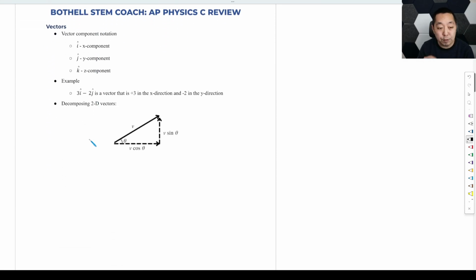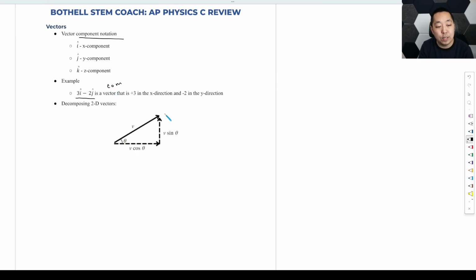Vectors. In AP Physics C, we talk about vectors in terms of i hat, j hat, k hat having the x, y, and z component. And this is a vector notation that we use in AP Physics C. So for example, if you see 3i hat minus 2j hat, that is a vector that has a plus 3 in the x direction and negative 2 in the y direction. And sometimes you're given this component form,